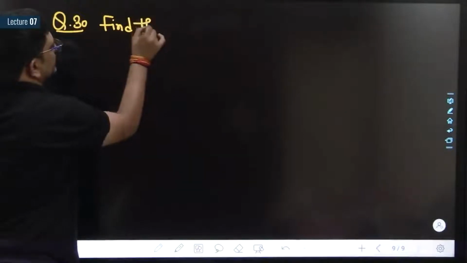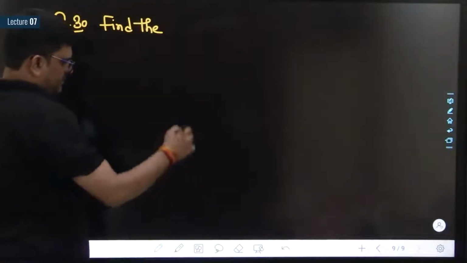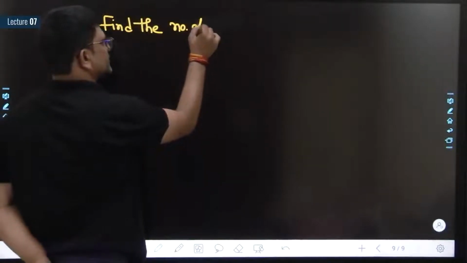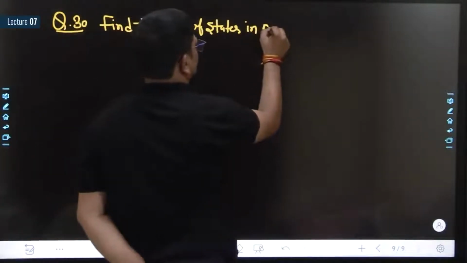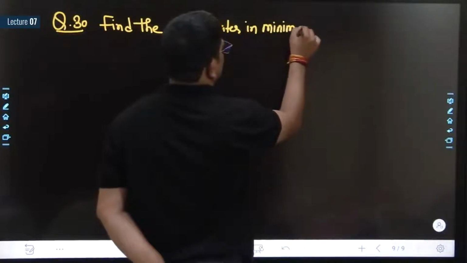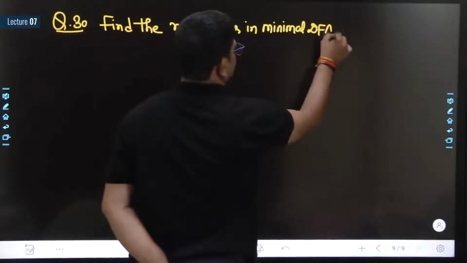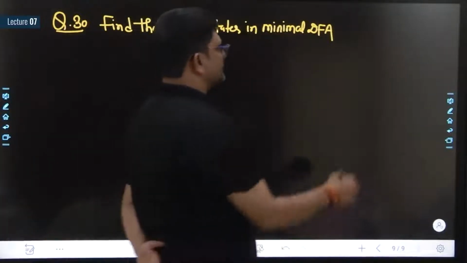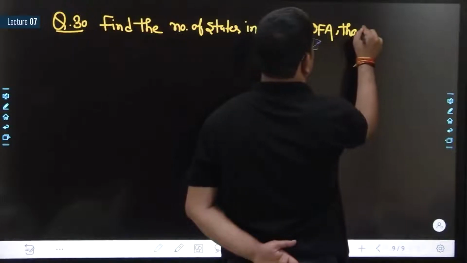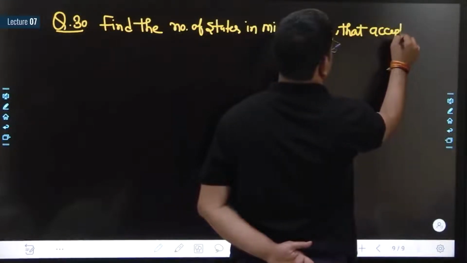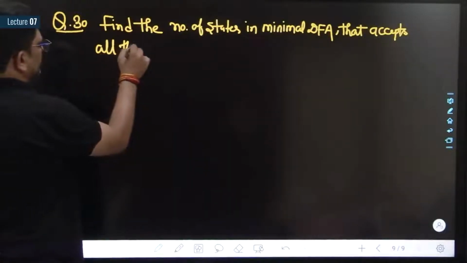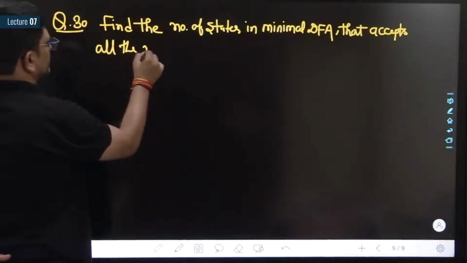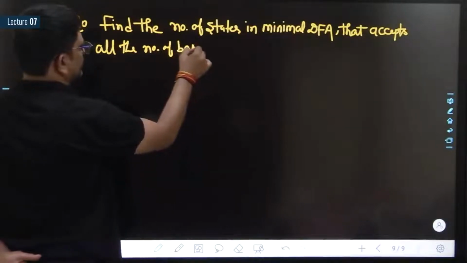Find the number of states in minimal DFA that accepts all the numbers of base 4